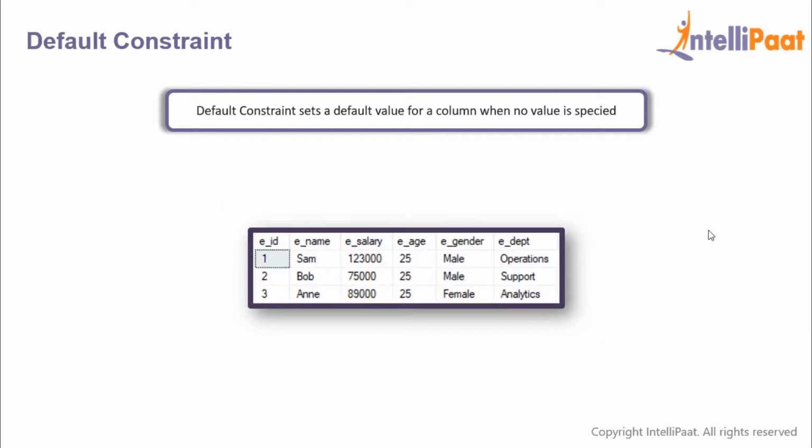Then we have the default constraint. So the default constraint is used to provide a default value for a column. So the default value will be added to all the new records if no other value is specified. For example, if we assign the default constraint to the age column and set a default value of 25, then all the entries of this column will have the default value of 25 if no other value is specified during